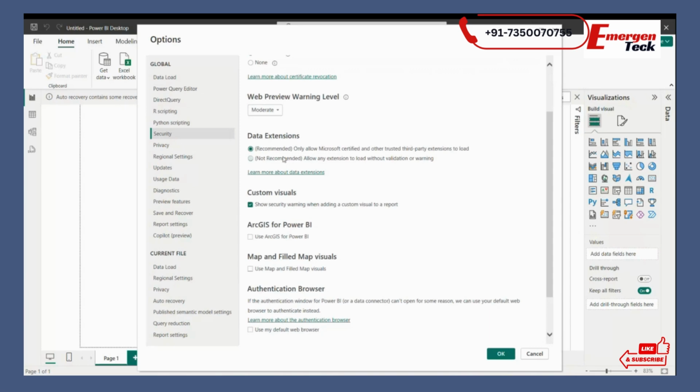Then data extensions, recommended one is allow only Microsoft certified and other trusted third party extensions to load. If you want to allow something outside the Microsoft one, you can select the not recommended one. Okay, allow, so they have not recommended, but you can use that allow extension to load without validation or warning. So you can use this option. It will allow you to add data from any source. Generally we keep it only allow from the Microsoft trusted. Okay,